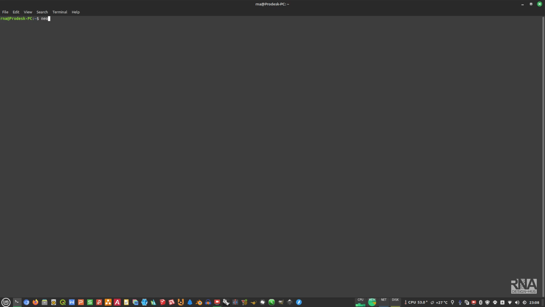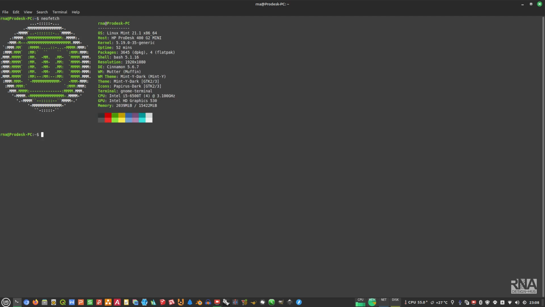If I type neofetch here, currently I'm running Linux Mint 21.1, which is Ubuntu 22, on my HP ProDesk 400 G2 Mini, which is a mini PC, running with the Intel i5 6500T and Intel HD graphics 530 with 16 GB of